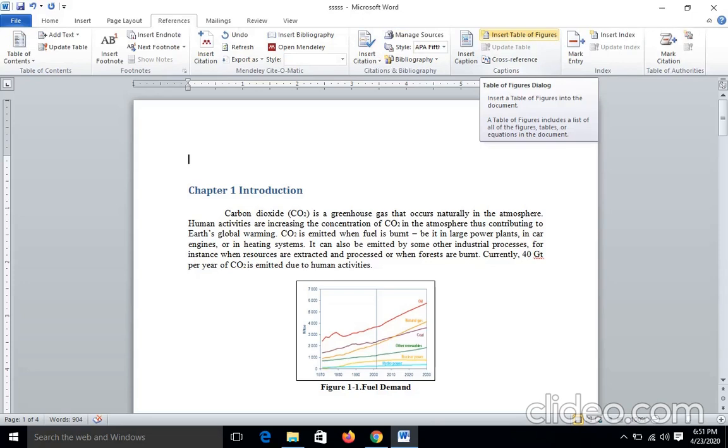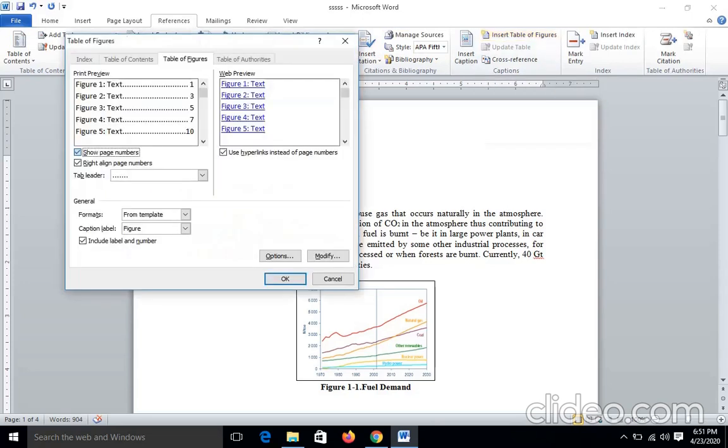Okay, near to the insert caption, you can see a table of figures dialog box is open. You can see show page numbers. If you want the page number, you can click OK. If you don't want, untick that option. If you want dots in front of the name of the figure, you can select the tab leader. You can disable the use hyperlink instead of page numbers.